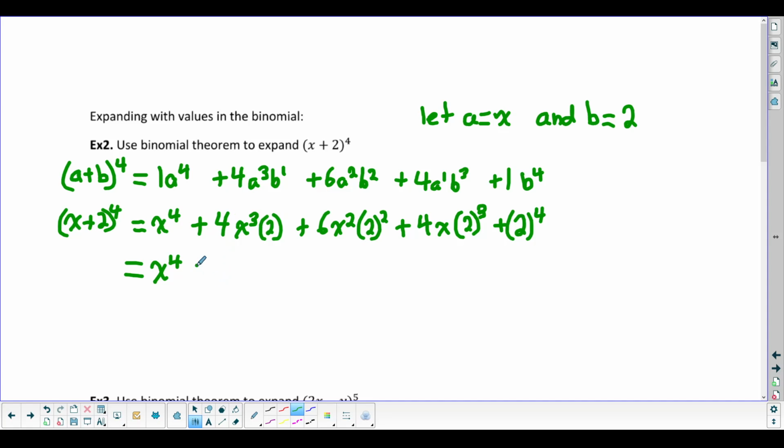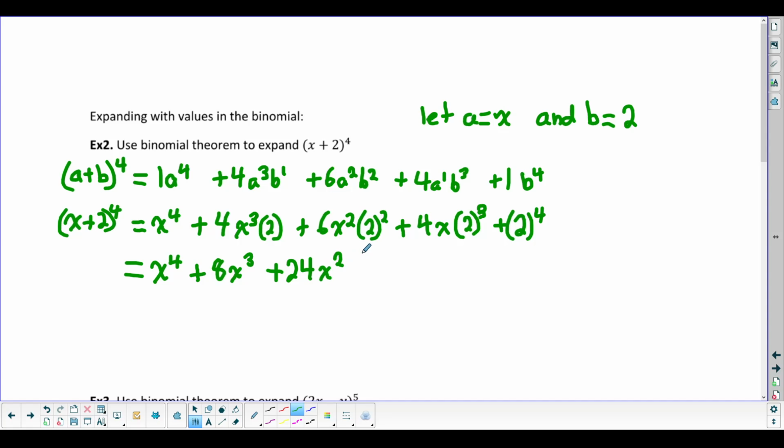So 2 times 4 is 8. So that'd be 8x cubed. For this term, we have 2 squared. So we have to do BEDMAS within the term still. So that's 2 squared is 4 times 6 is 24